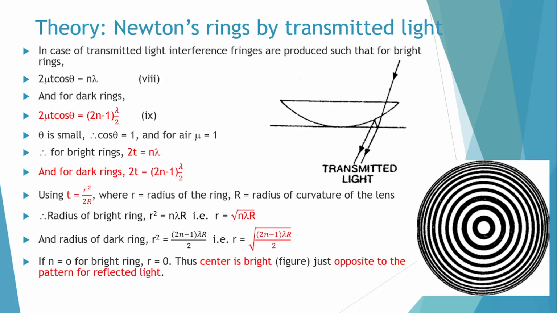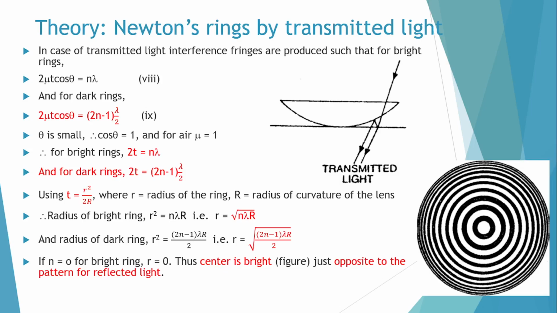Now again we have to use the theory of interference in thin films due to transmitted light, and according to that theory, the condition for bright fringes is